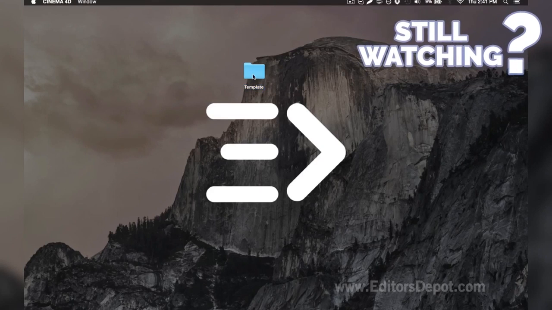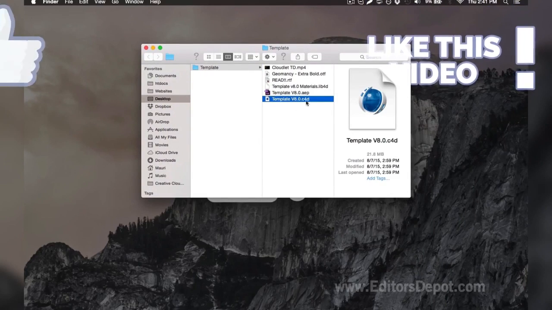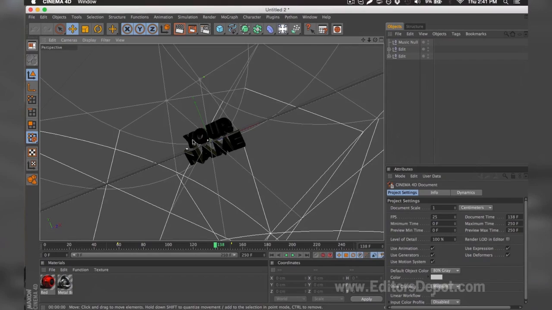Now that that's out of the way, all you're going to want to do is open up the Cinema 4D file. So here it is, and we already have it open, so we're going to go ahead and bring it up. And as you can tell, everything is ready to go. All you have to do is replace the text, render, and you're done. Except one little thing, there's sometimes problems that come up with the templates,